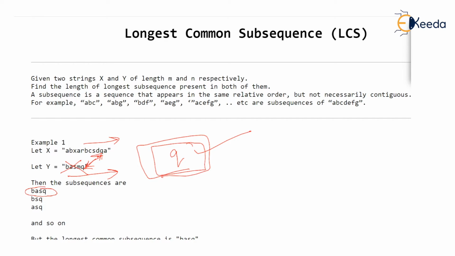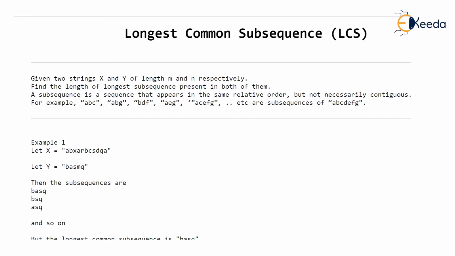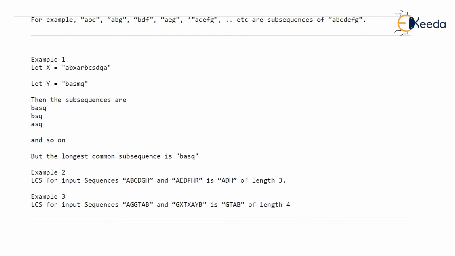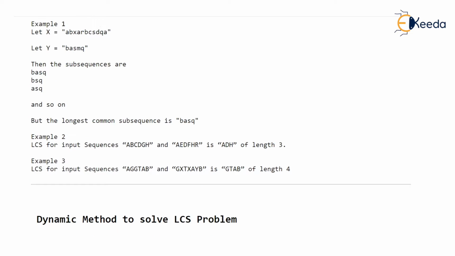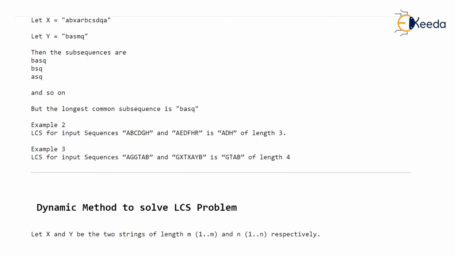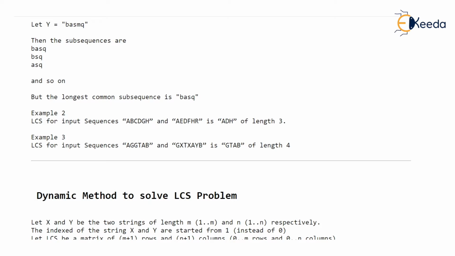So the problem is actually very difficult, given two arbitrary strings of very, very large length. Just imagine X is a 1000 letter string and Y is a 50 letter string, and we want to find out the longest common subsequence. This is going to be a difficult problem, searching this subsequence in such a big string. But don't worry, there is a dynamic algorithm. As our chapter on dynamic algorithms is going on, we will see how to solve this problem using the dynamic approach. Before that, you can just pause the video and go through example 2 and example 3.